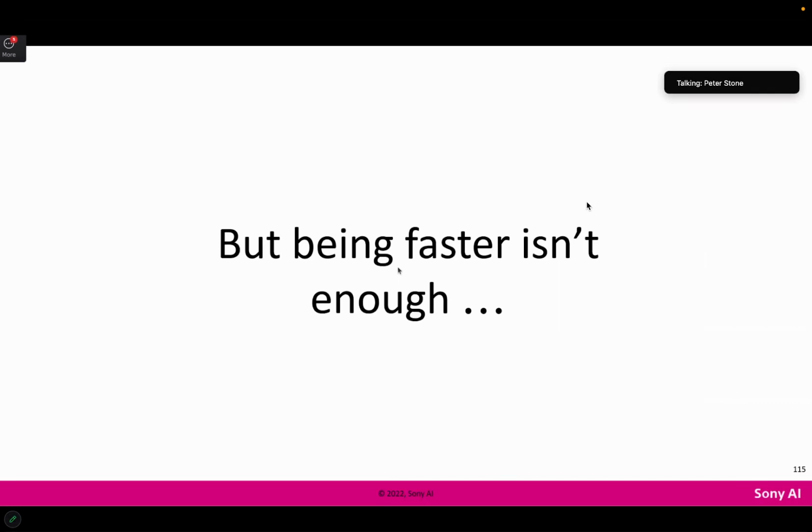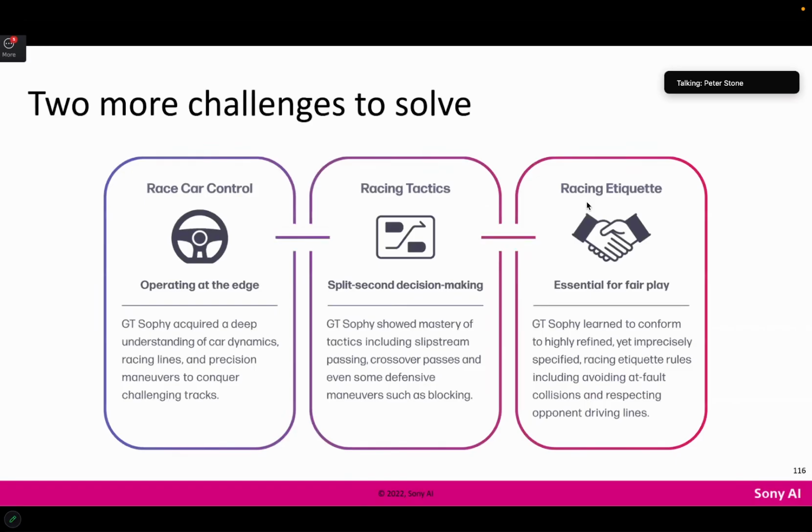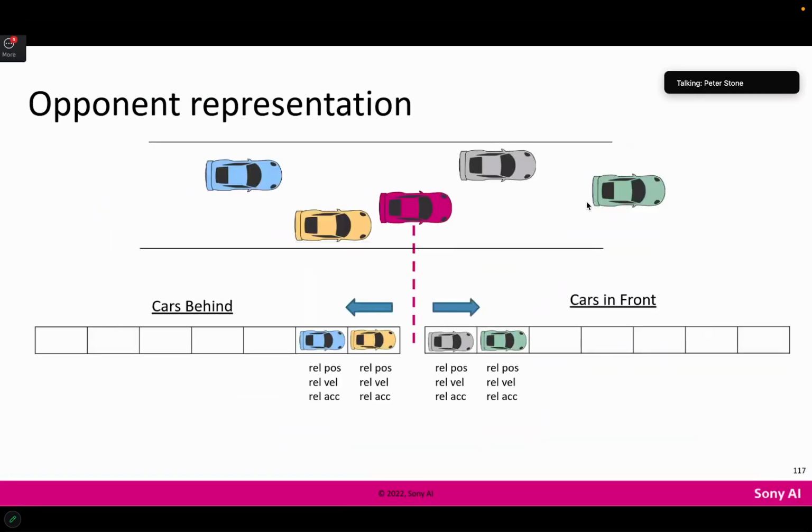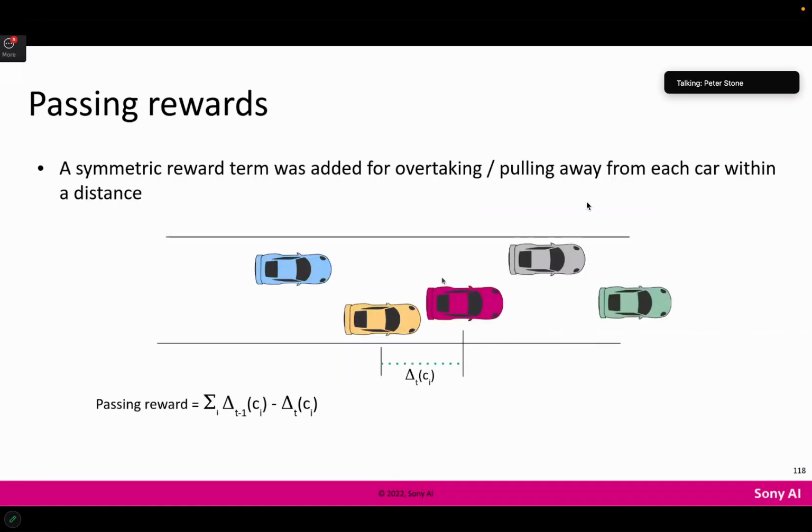So what I've talked about so far was demonstrating how the car does on an empty track, but that's only one third of the problem in some sense. There's also the multi-agent aspect and the etiquette aspect. First of all, we played around a lot with what would be the representation for representing other cars. We came up with a slot filler notation, where up to a certain distance, we say what's the distance, the relative position, velocity, and acceleration of the cars in front of you and behind you. So this is the closest car to you, the second closest car, the third car, if there is one within a range. And then we also added a reward term for